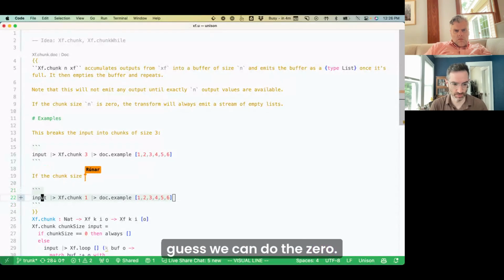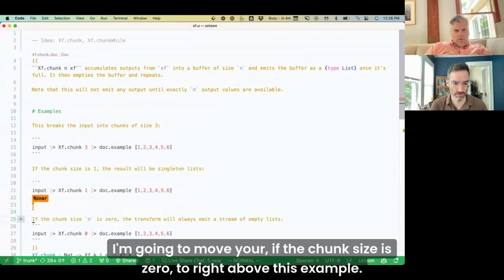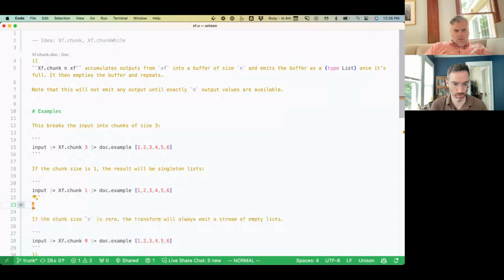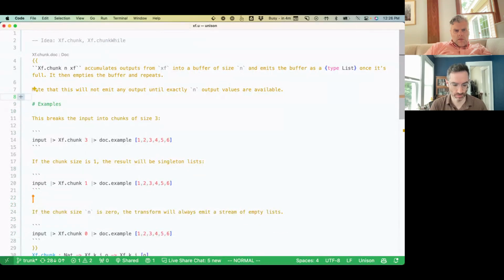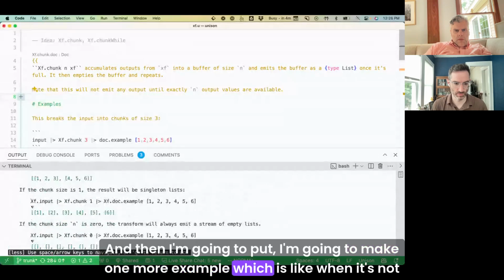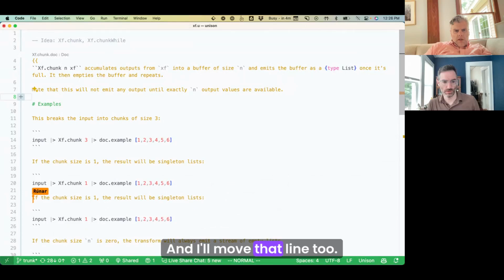I guess we can do the 0. Yeah. I'm gonna move your if the chunk size is 0 to right above this example. Oh, right. That makes sense. And then I'm gonna make one more example, which is like when it's not evenly divisible. Cool. And I'll move that line too.